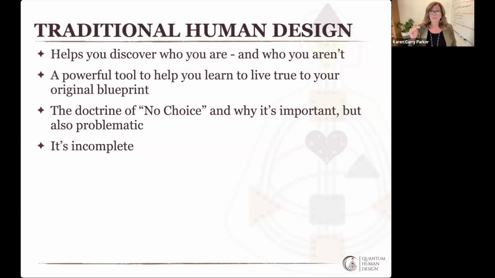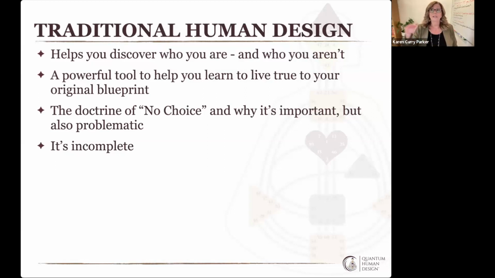If traditional human design as it's taught is not complete, and it has built into it a big, wide doctrine around not just no choice, but another doctrine around the importance of waiting, we wait in traditional human design because of one very important thing: we wait because we need to heal. When we first encounter human design and we start to discover who you're not and how you've been living a story that's not actually your story and how you've been choosing without consciousness, without awareness,